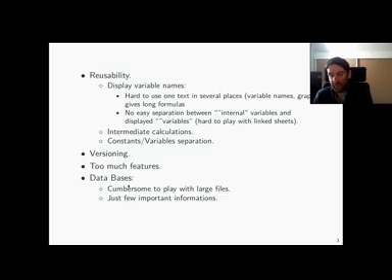So as I said, I think it could be very hard to play with large files, and at the end I just need a few important things. And that's exactly what databases are good for. That means you have a lot of data, but you just need a little information from this data. So you just need one or a few queries from your data.